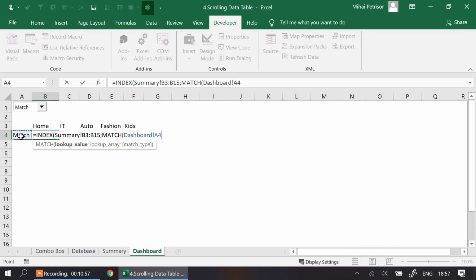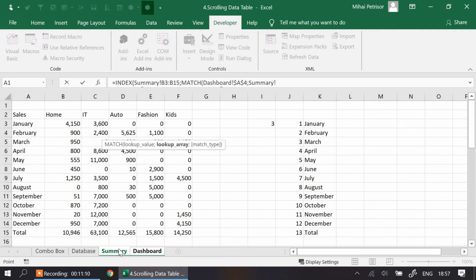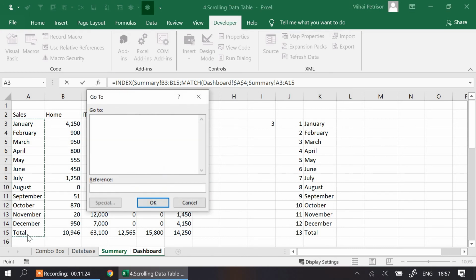We will freeze it because always we will use the same cell, and then the lookup array for us will be in the summary sheet for A, meaning we have the A column, which is basically our month or total. And I will freeze this.